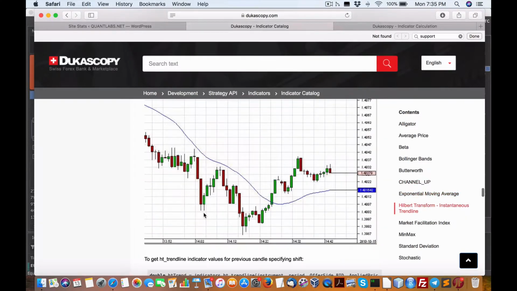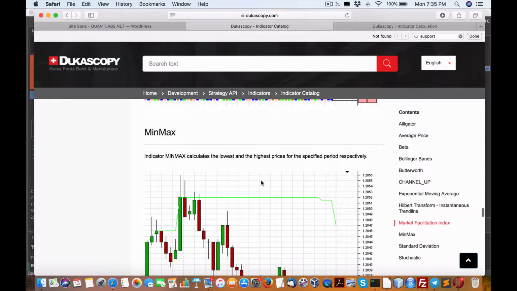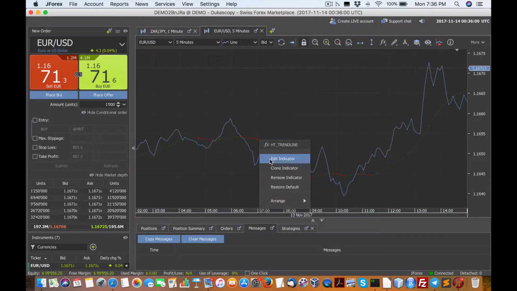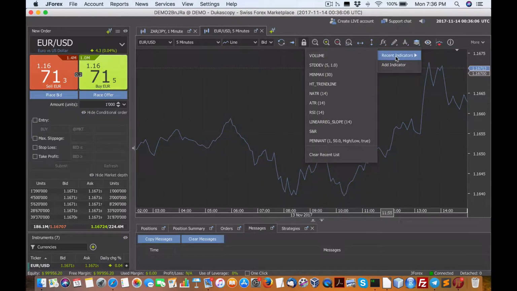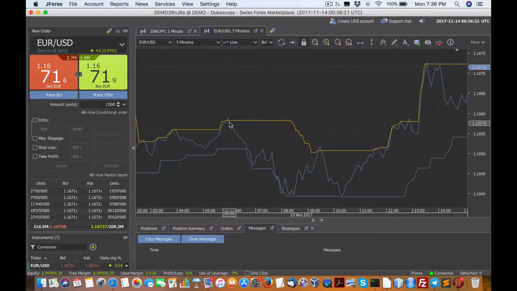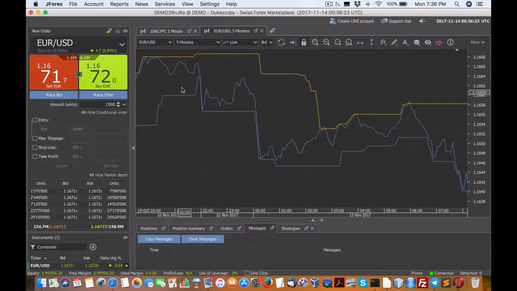Okay, the other indicator that I think will be most useful out of this batch is the min-max. The reason I say that is, get rid of this indicator and then load in the other min-max right here. Now I'm just using these standard time frames. Okay, so this is a 5-minute time frame right here. So the idea here is, let's say we have, I don't know, some breakout here. We can track here up at this point the max for that time period, and then